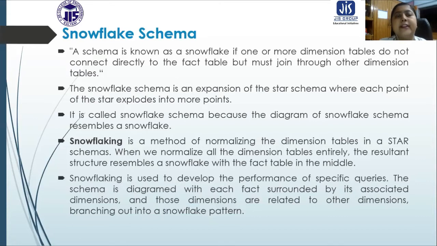It may be a direct connection, it may be an indirect connection. Direct means the dimension table is directly associated with the fact table. That is always true for the star schema. In the snowflake schema, also some dimensions are connected with the fact table directly, but it is possible that some dimensions are connected with other dimensions.